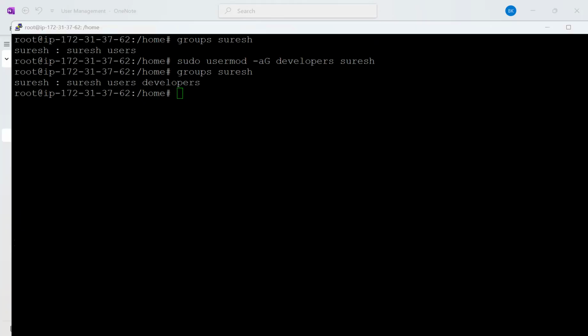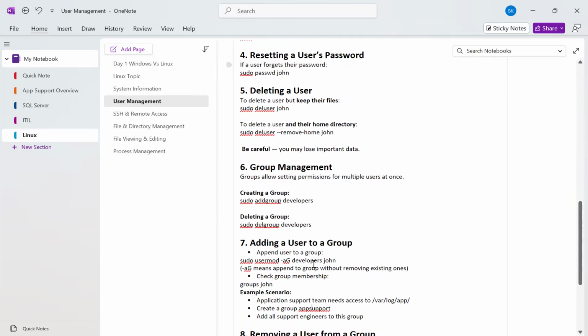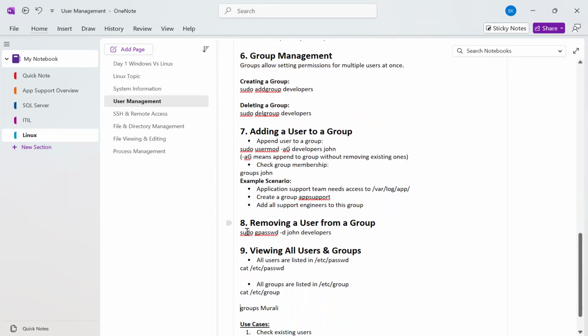Remove a user from a group. How can we remove? For that we use sudo gpasswd -d username and group name. Here you can see sudo gpasswd -d John developers. We are removing the John user from developers, but I want to